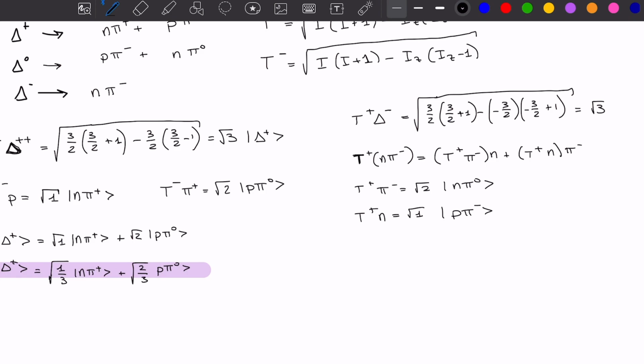So now we write everything down, and that will be that it's root 3 delta minus is equal to root 2 n pion 0 plus root 1 proton pion minus. We divide everything by root 3 again, and we get